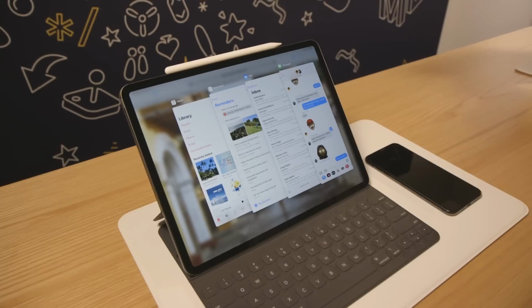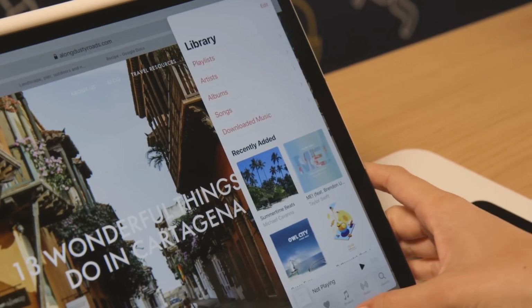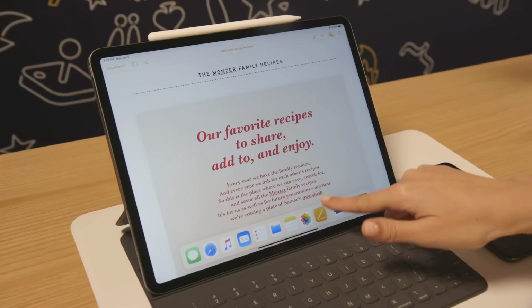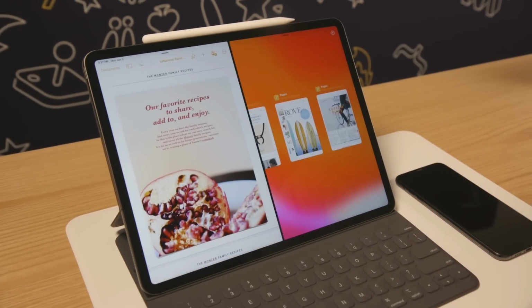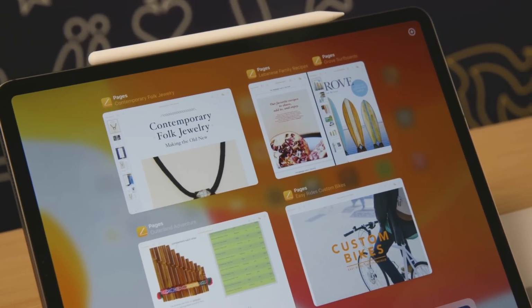Anyway, I do think the new windowing system alone should make this update worth it. You have a ton of new slide over app options, and you can fan them out or swipe through them just like an iPhone. You can have a single app with multiple windows and even get a view of all of those app windows just like you can on the Mac. iPadOS is built so that anything that you can drag, you can pretty much make a window out of. And although the first version of this developer beta is a little bit buggy, the window thing, it actually really did kind of work. But we need to talk about the new gestures now,